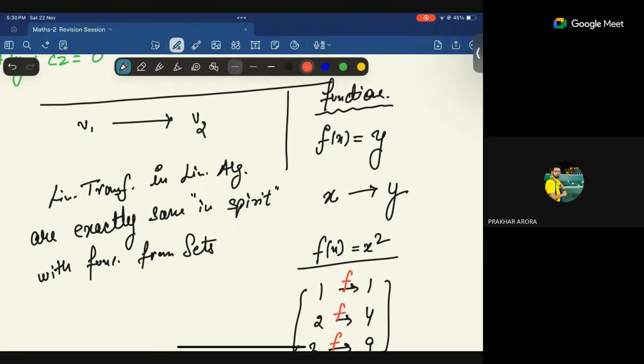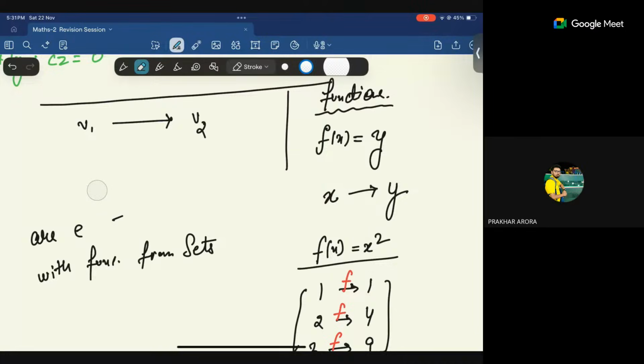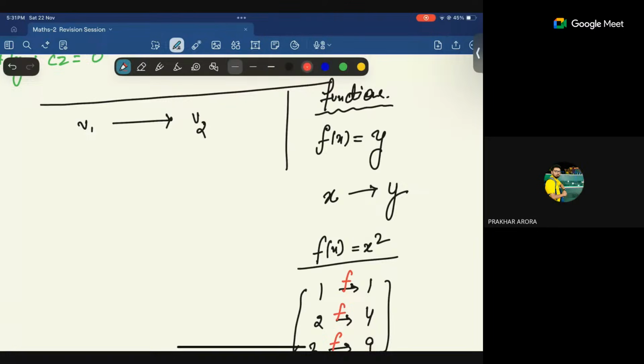I wrote "in spirit" here because it would be mathematically wrong if I skipped this word. Conceptually speaking, linear transformations and functions are the exact same thing. Whenever you get confused about what is happening in a transformation, there is a very strong chance that if you try to understand it assuming it's a function, you would be able to do it. This is how I did mathematics too. This is what a linear transformation is, and if you understood this, understanding the mathematics of linear transformations is just a piece of cake. We don't have to do anything else.